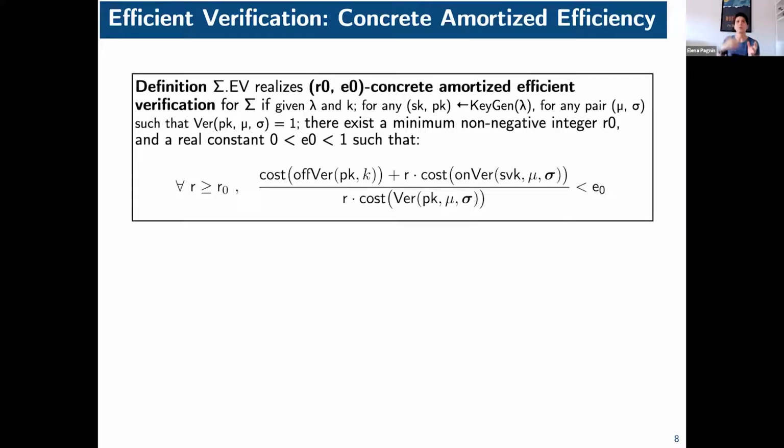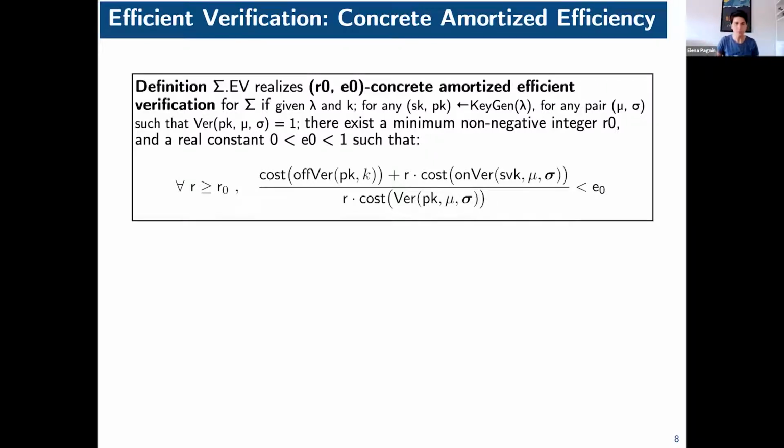If, doing the standard thing, sampling your keys and giving me a pair of message and signature that verifies, there exists a minimum non-negative integer R0, which is essentially the repetitions, and a real constant E, which I want to be as small as possible, such that the computational cost, in whatever model you're considering, of running the offline verification plus running the online efficient verification R times, compared to the cost of running the standard verification R times, becomes